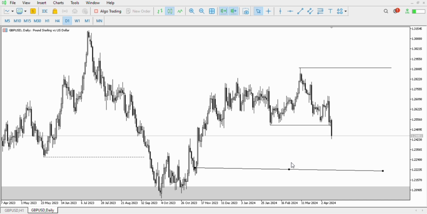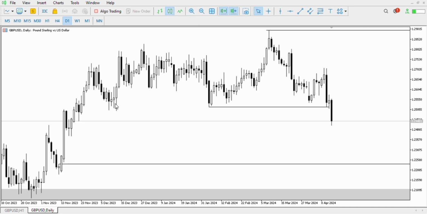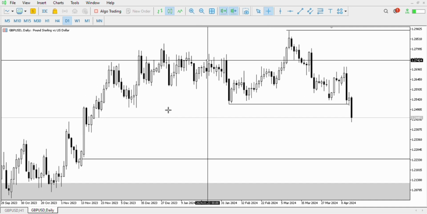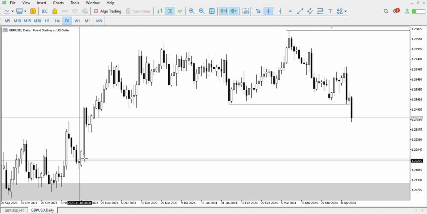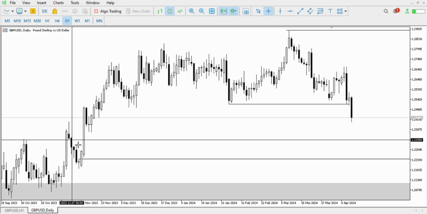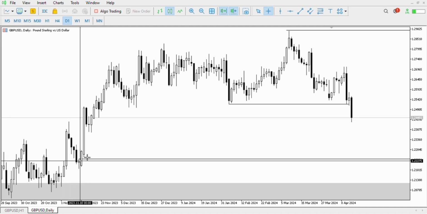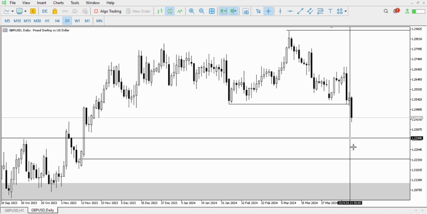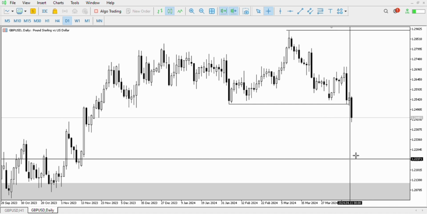I'm going to zoom out a little bit so that you can see it clearly. It's at 1.22379. Perfect. Now let's look carefully at this. You can see this order block. This is the last candle after this sell move, right? And it even has a fair value gap. So it means if I want to draw to this area, this can be a turning point for GBPUSD on